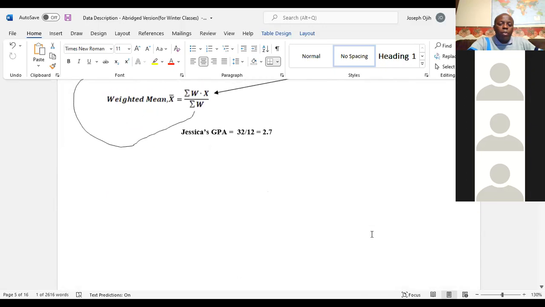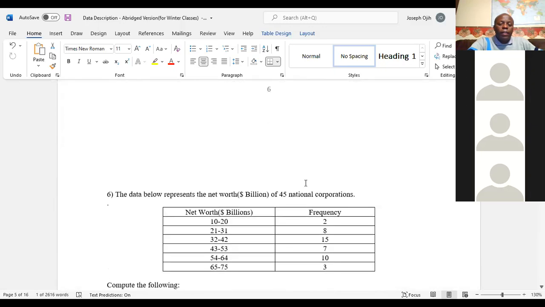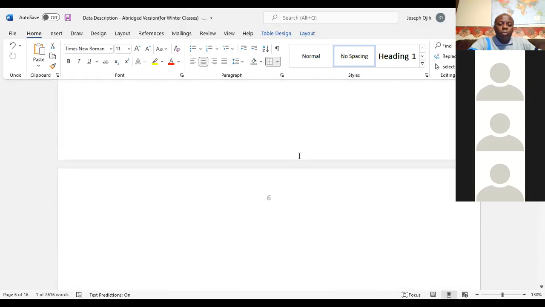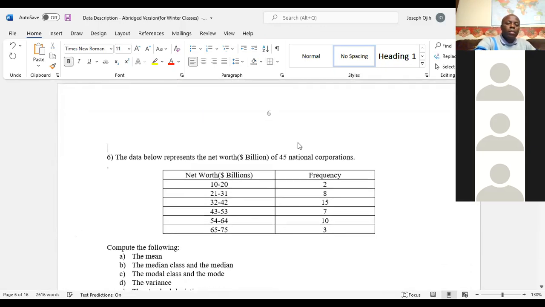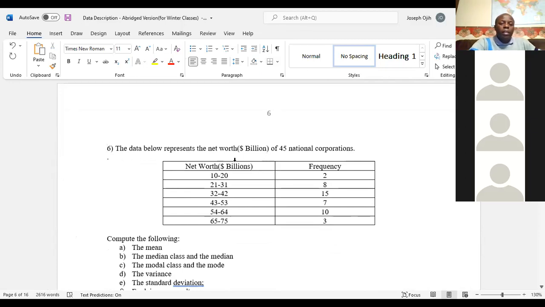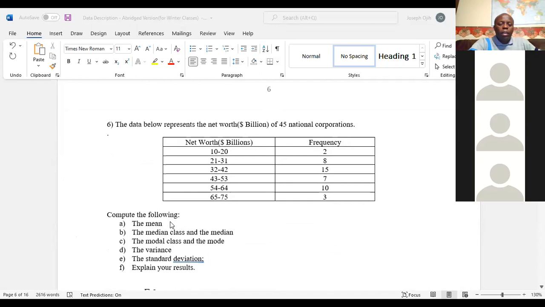Now, we can go to the group data. This is the main one. It says here, the data below represent the net worth in billions of 45 national corporations. Compute the following: the mean, the median class and the median, the modal class and the mode, the variance, the standard deviation,